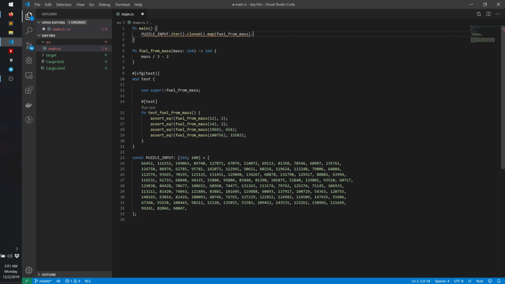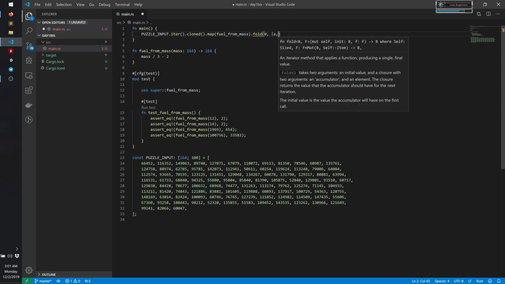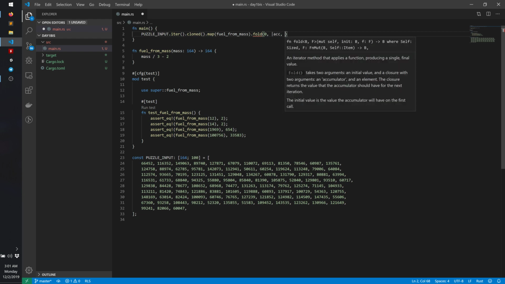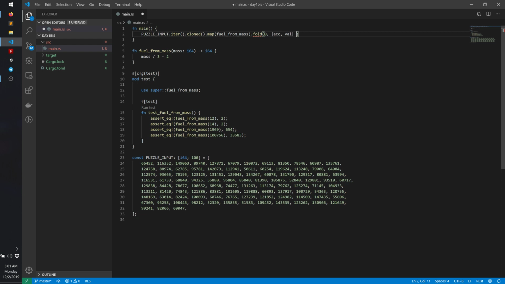And then once we got all the values, we need to basically reduce the array, or accumulate, or fold, which is how Rust calls it. So the accumulator value starts with 0. For the adding function,